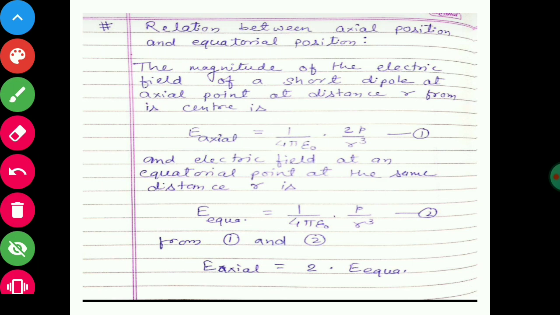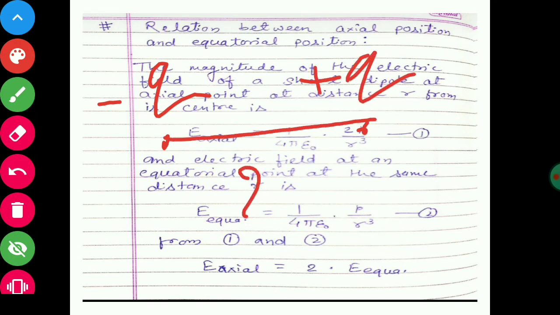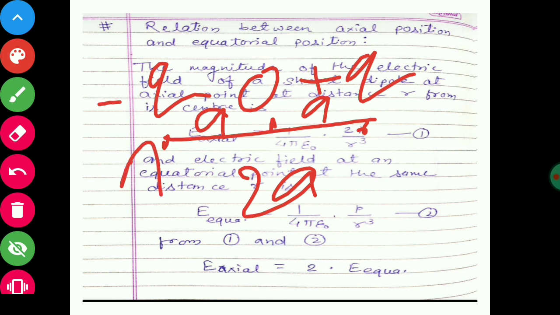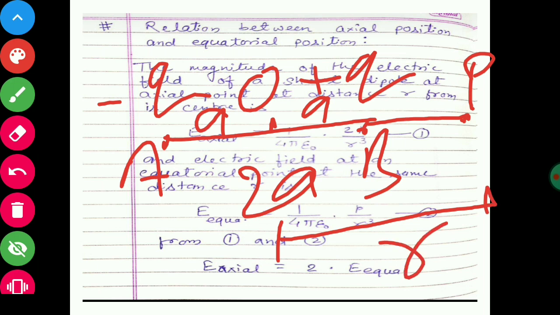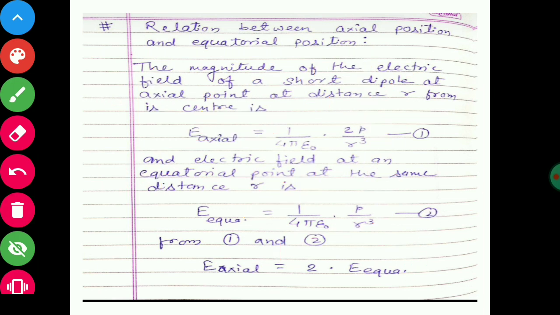See, I'll show you here: the negative charge here and the positive charge here. This is a dipole. The distance between them is 2a. The center of the dipole, say O. The distance from A to O is a and O to B is again a. And we have to find the electric field intensity at point P, and from the center of the dipole to P is r. In that case, axial position,